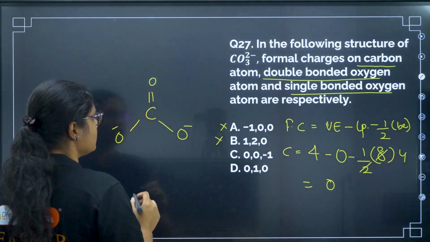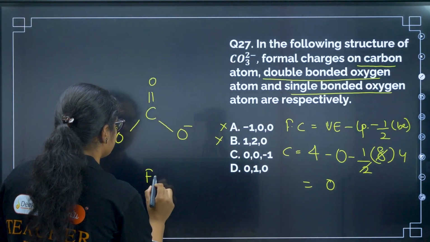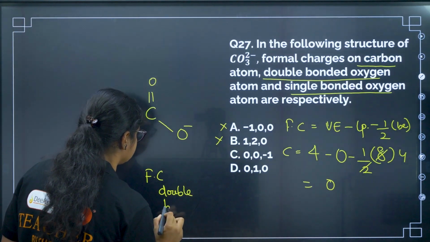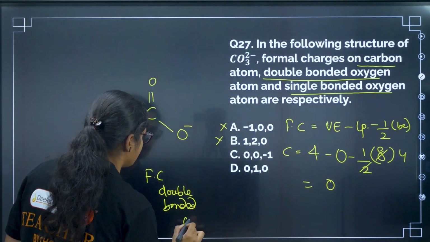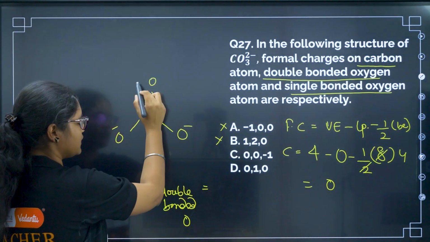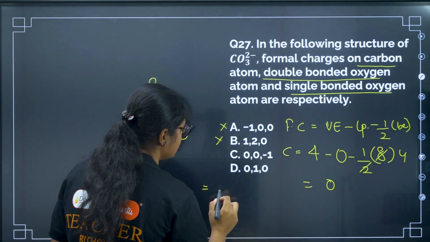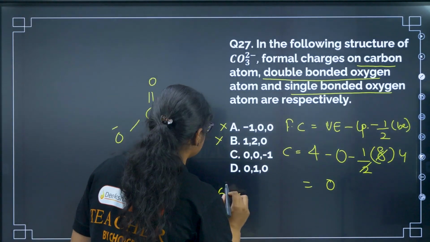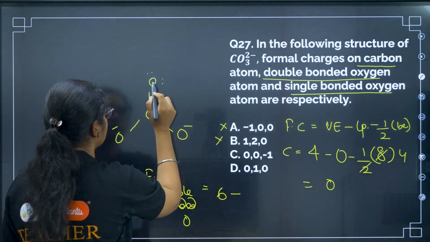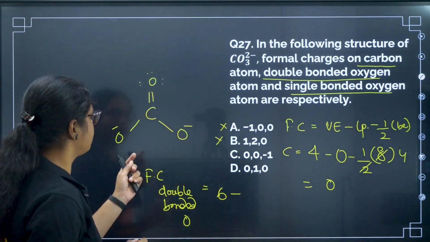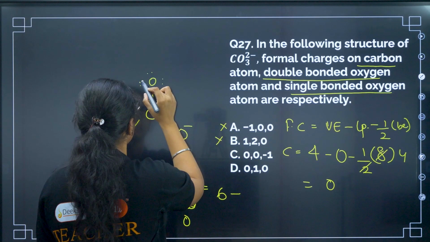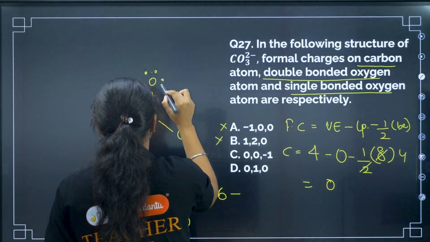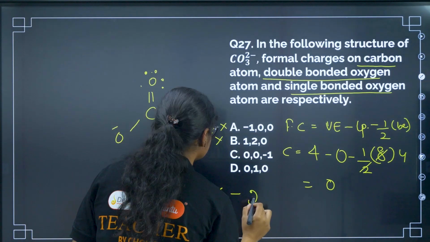Now let us calculate the formal charge on the double bonded oxygen. First, the total number of valence electrons for oxygen is 6, right? Next, minus how many non-bonding electrons do we have? Here 2 lone pairs are there. So 6 minus 4,